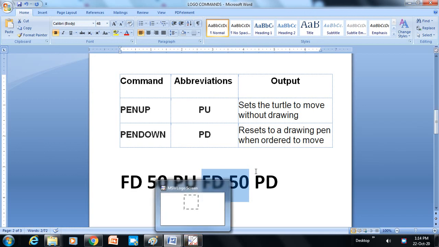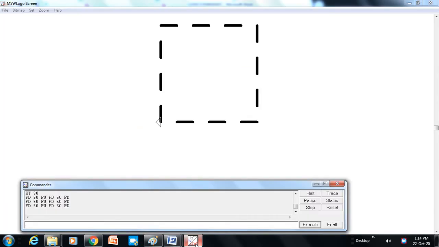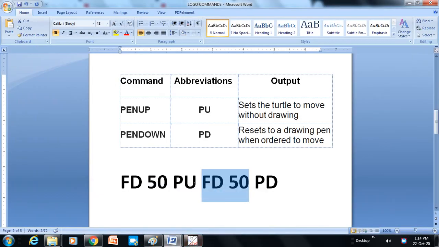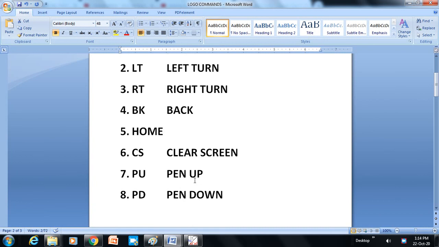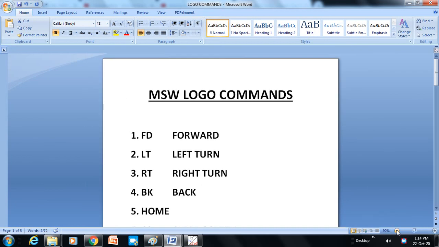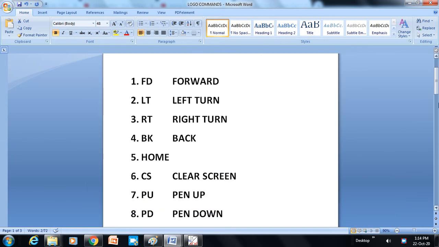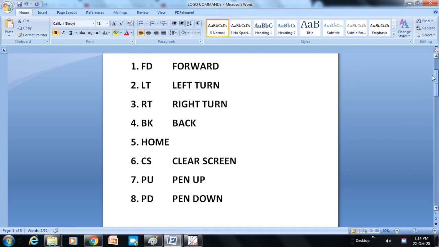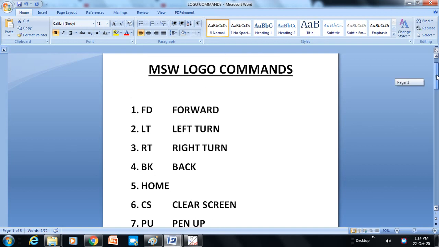So students, install this software, MSW Logo, and use these commands. We have studied 8 commands over here. All these commands you should write in your copy and practice at your home.